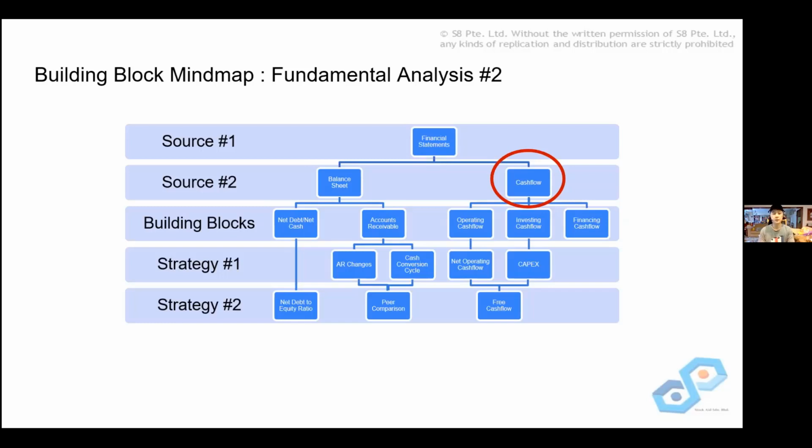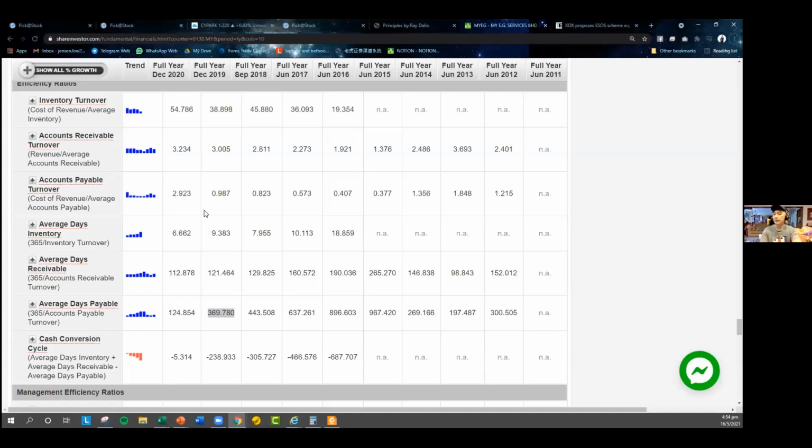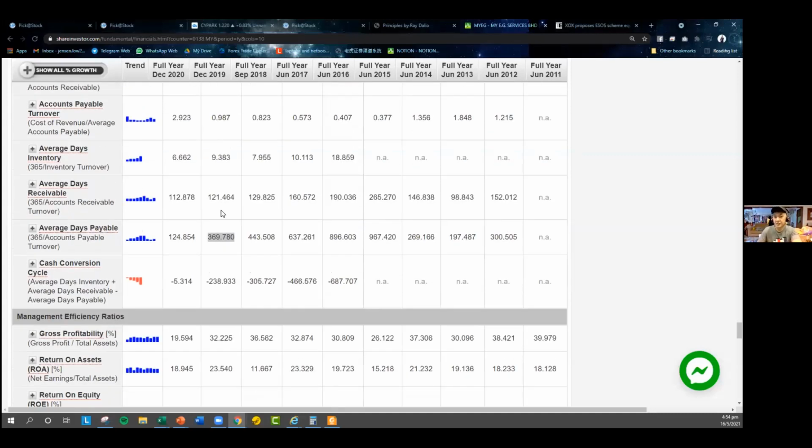Good. Now, before we move on to cash flow, I just want to show you guys a few things because this directly ties into our cash flow topic. Now, can someone please guess, my EG's CCC, cash conversion cycle, is negative 687 days thanks to their very late payment to their supplier. Whoever programmer outsource software company work for them, quite sad.